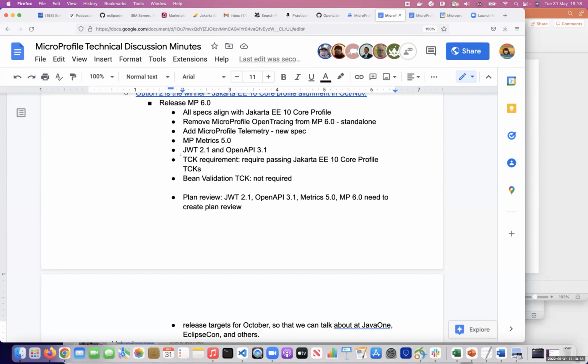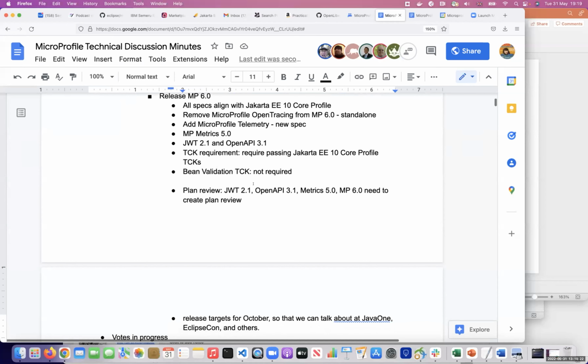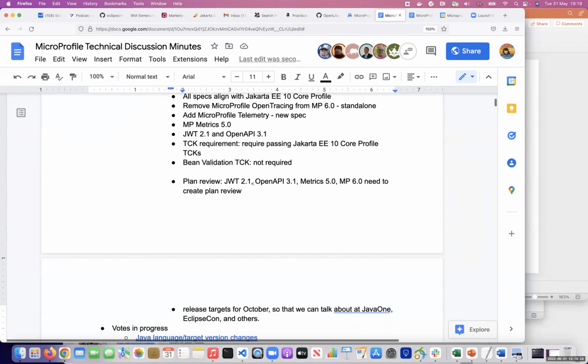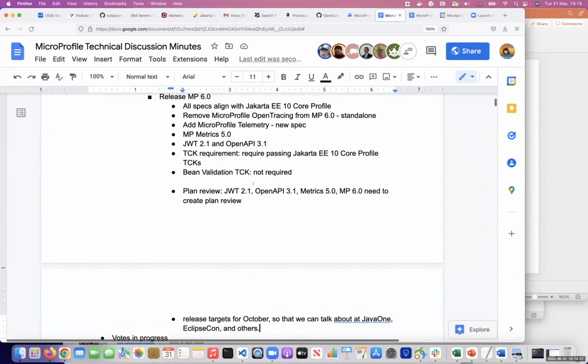So one point regarding Jakarta EE 10. The 10 release also wants to support JPMS, the module system of Java SE. Oh yeah, good point. Do we plan to add that too as a requirement? Maybe that creates more work, maybe for other specs too.